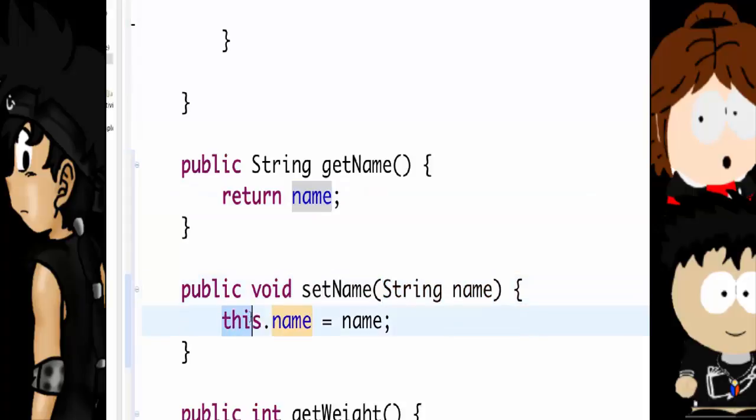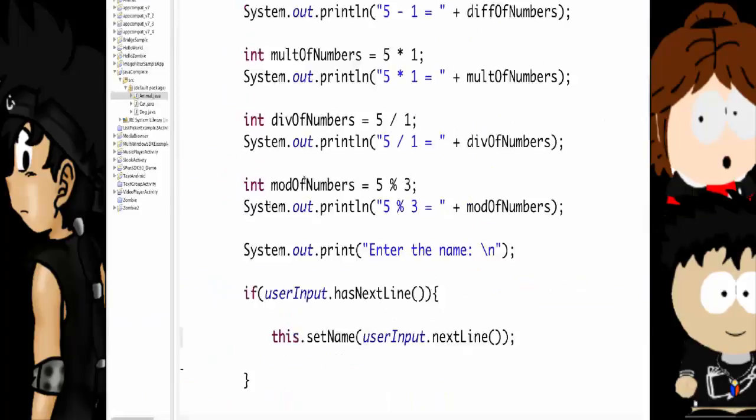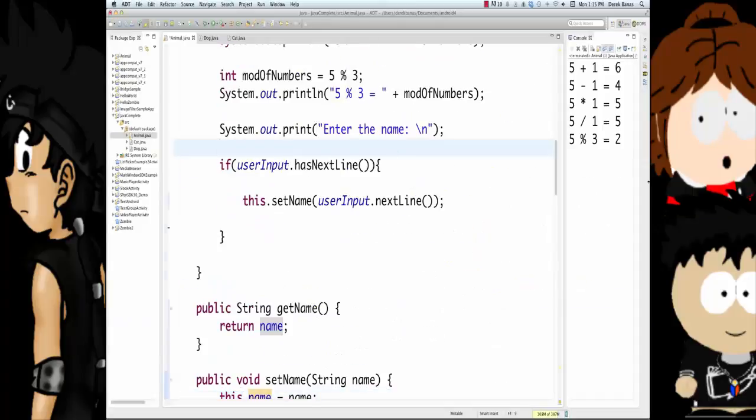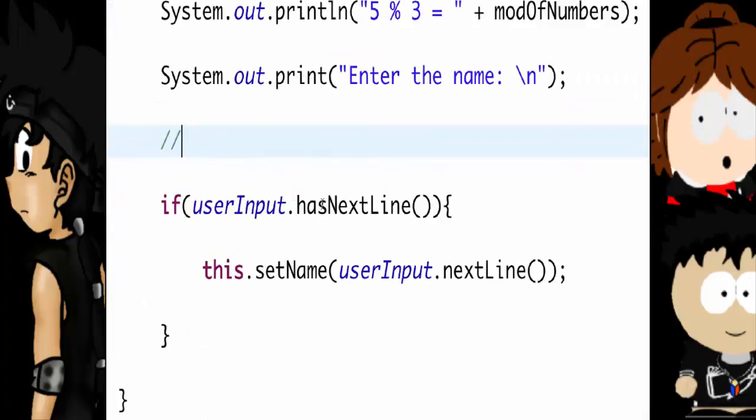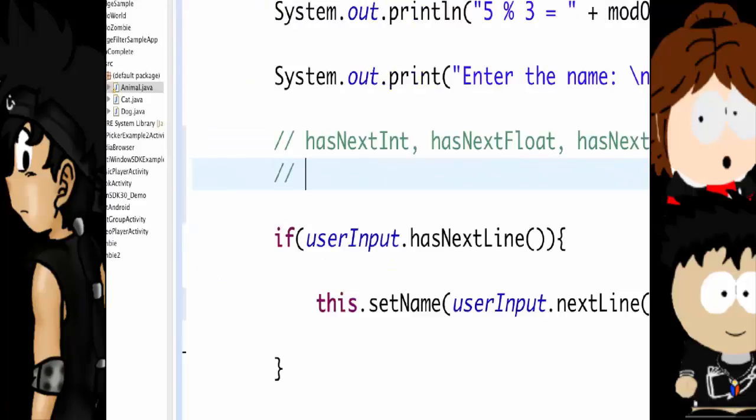And you can see there, this is being used, again, reference to the object. But let's get back up in here. The different values that are available, remember this is going to return true if they enter the right data type. This is for strings whenever we use line. If we are instead receiving integers, it's going to be changed to an int, like that. If we're going to be receiving floats, you're just going to type in float, so it's easy to remember. If it's going to return a double, boolean, and then finally, byte. So these guys return true if it's the right data type.